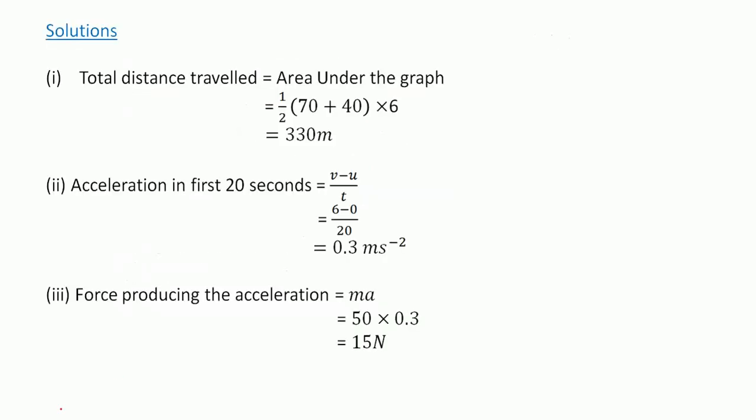Now from what we just learned, we know that to calculate the total distance traveled from a speed time graph or a velocity time graph is simply the area under the entire graph, right? So the total distance traveled will simply be the area under the graph, which is the area of the trapezium. Now, the area of a trapezium is given by A is equal to a half the sum of the parallel sides multiplied by the height,